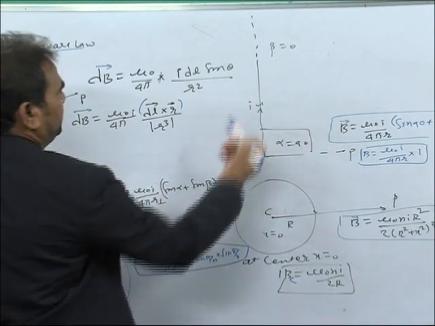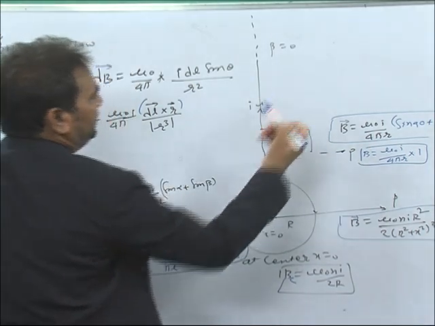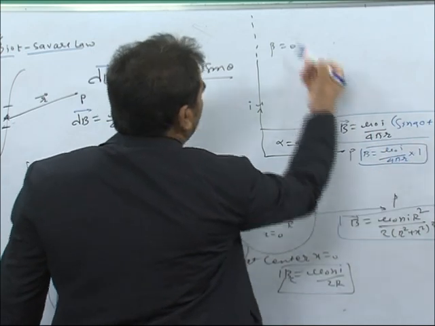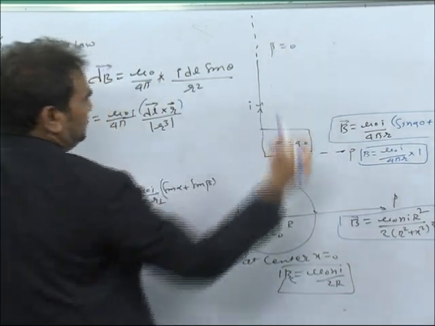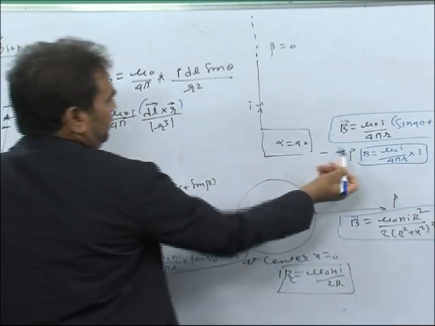For the infinite length of the conductor at a point P, the magnetic field induction is given by B is equal to mu naught N I by 4 pi r into sin 90 plus sin 0. Because the other end is at infinite length, it makes an angle 0 at point P.